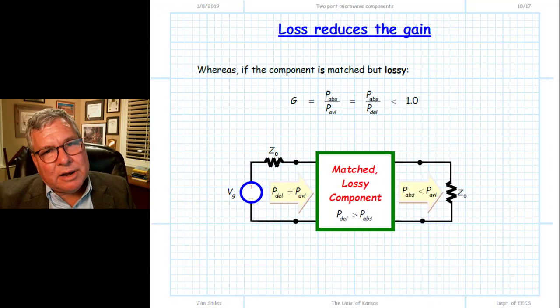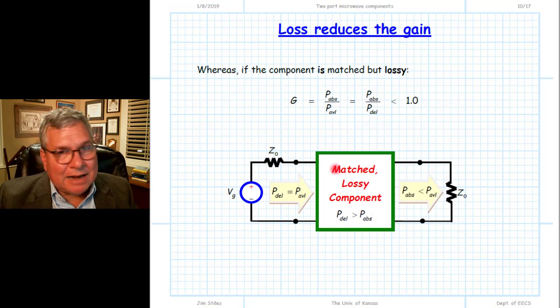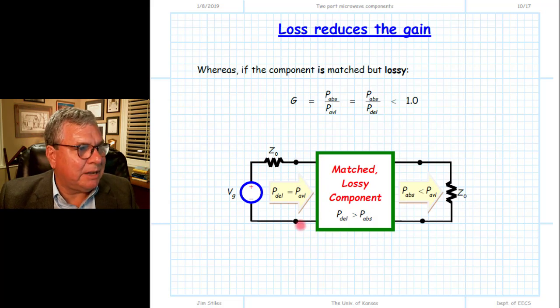Now let's consider a two-port device that is a matched device, but it is a lossy device. So think carefully about this. We need to work our way through this. It's a matched device, meaning that if we connect to the output port a load that's numerically equal to Z0, a matched load, because it's matched, we know that the input impedance at the input will be equal to Z0